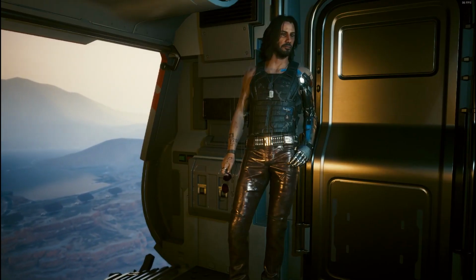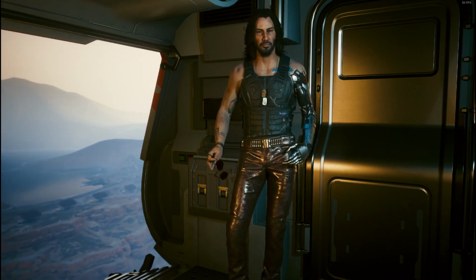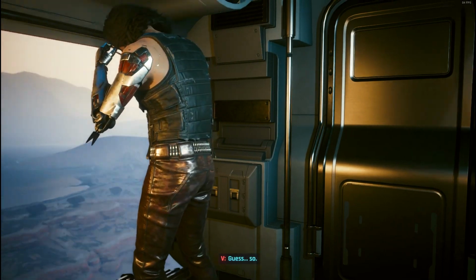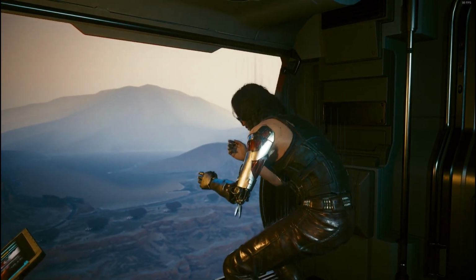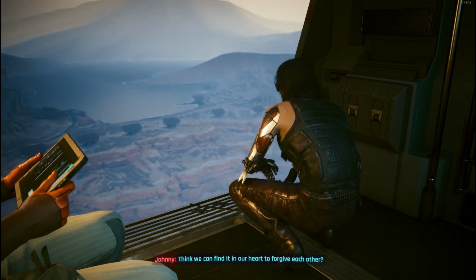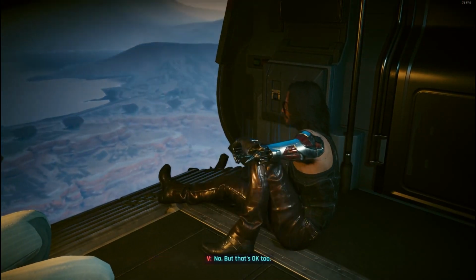In the AV, I had one final conversation with Johnny. It was getting pretty emotional, and Mr. Doctor Man doesn't like that. So Johnny left me with one final question. Can we find it in our hearts to forgive each other? I said no. Took a nap, did a surgery,